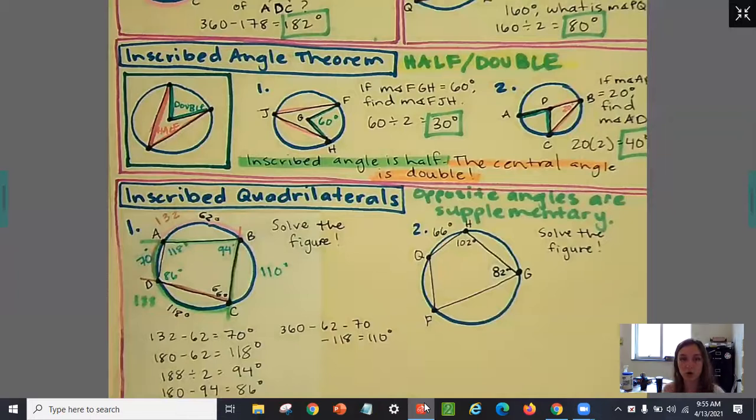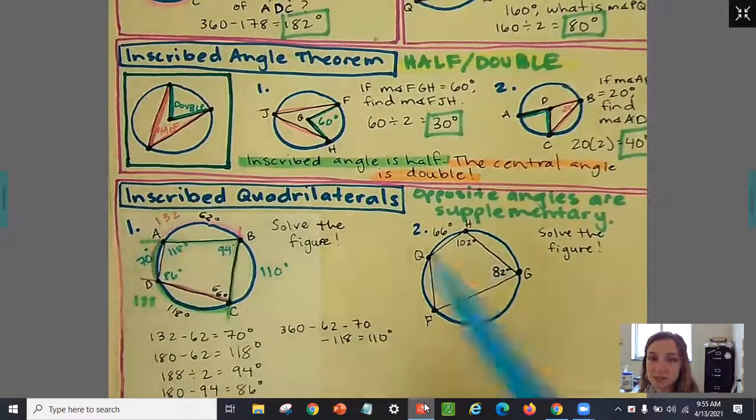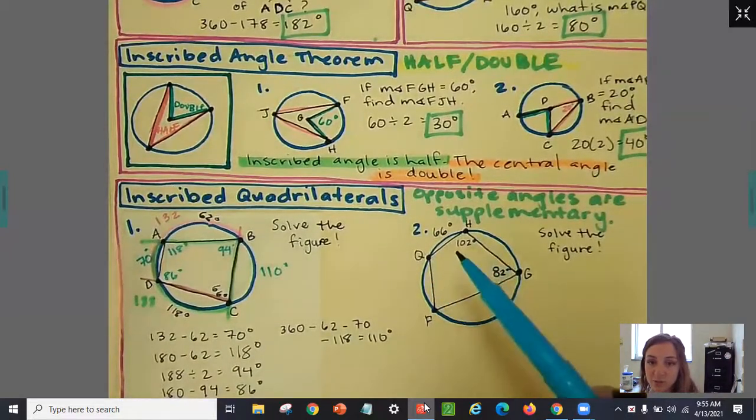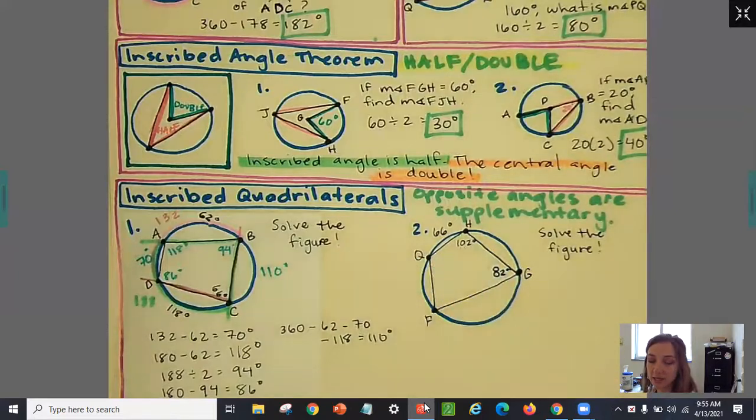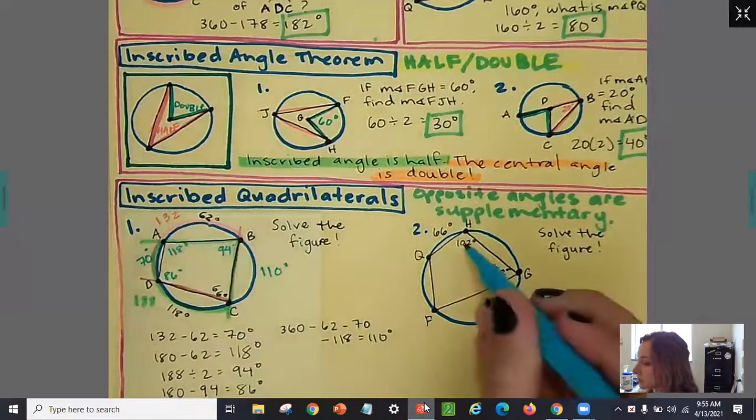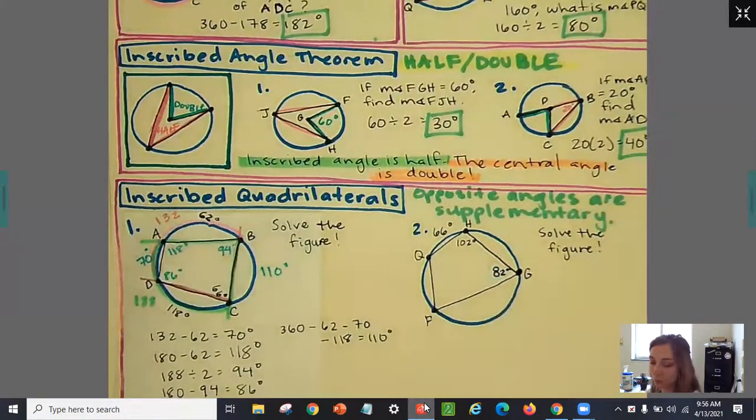Okay, let's try one more. I know that this is kind of abstract whenever you're first looking at it, but there really are multiple ways that you can solve these problems, and they are really fun. So let's look at this figure over here. We're still solving this one as well, and we can use the fact that the opposite angles are going to add up to 180. So since this one is 102, that means that this one is going to be 180